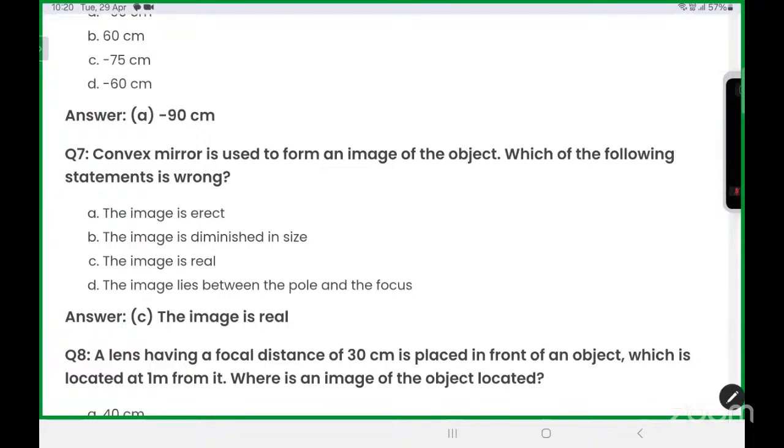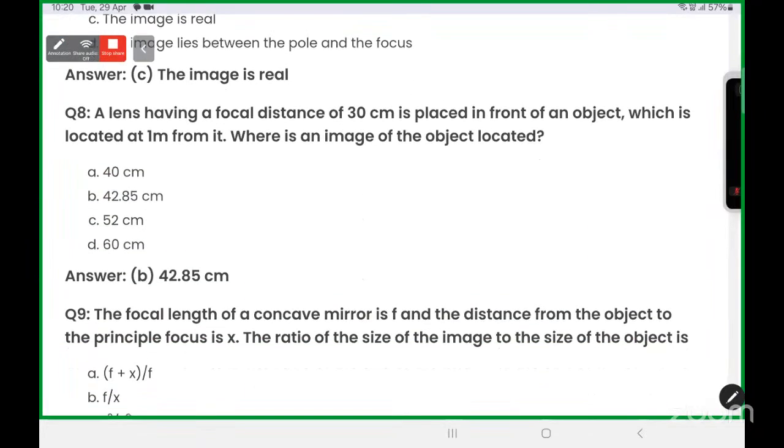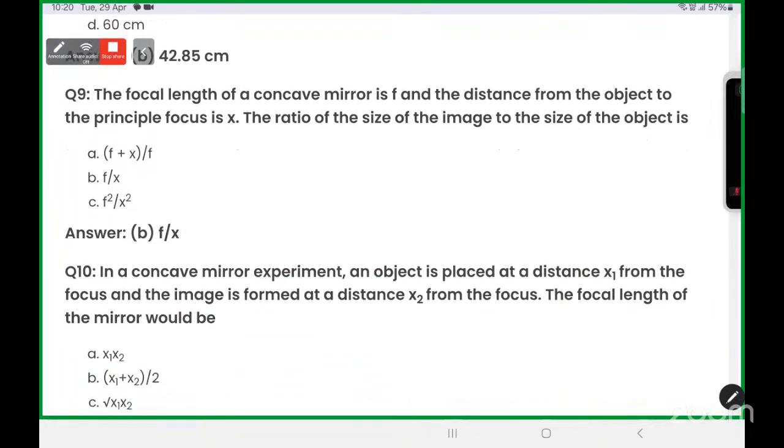कॉन्वेक्स मिरर इज यूज टू फॉर्म एन इमेज ऑफ ऑब्जेक्ट, विच वन ऑफ द फॉलोइंग। अब भी बताया मैंने, कॉन्वेक्स मिरर से कैसी इमेज बनती है, इरेक्ट इमेज बनती है, डिमिनिश इन साइज होती है, रियल कभी नहीं बनती। सॉरी वही क्वेश्चन था ये। नेक्स्ट क्वेश्चन लेते हैं। अ लेंस हैविंग फोकल लेंथ ऑफ 30 सेंटीमीटर। लेंस के ऊपर क्वेश्चन है, तो लेंस में बाद में करवा दूंगा क्योंकि अभी टाइम नहीं है। लेंस नेक्स्ट लेक्चर में देखते हैं।